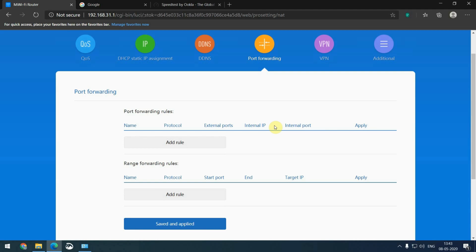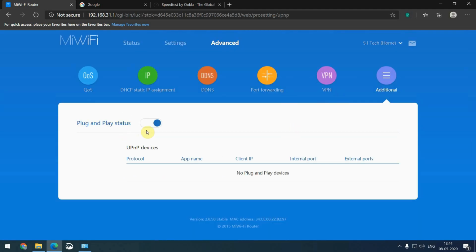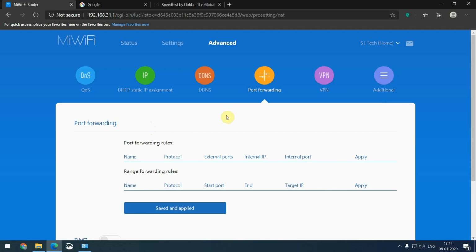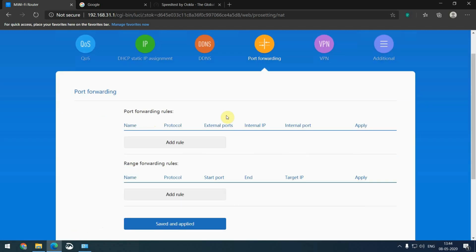Okay, so now port forwarding. We'll first turn off the relay. Now if any device requests a connection to open an input, it will not grant access. What we'll do here is manually provide access only for the devices that need a connection. So this will increase the security of our system. I will go to port forwarding.